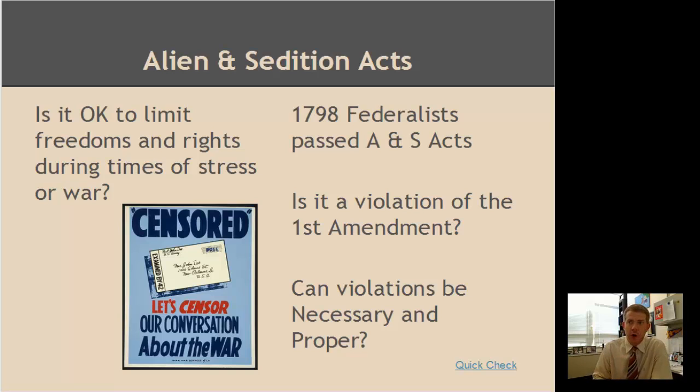That's the Jeffersonian Party. And what they did is during that war, they passed a law that limited specifically First Amendment rights. And it was technically illegal to write editorials that were critical of the government during the time of war. People were fined. Some people were even jailed. And what that leads to, more importantly, is